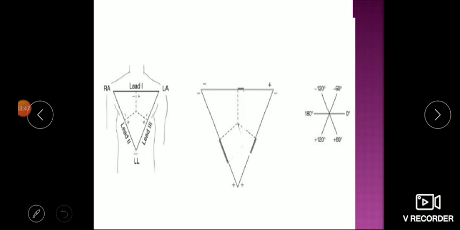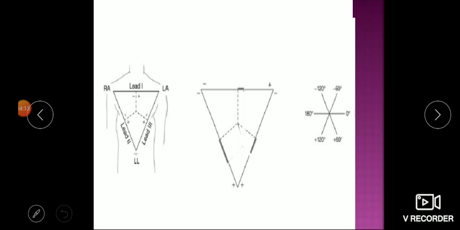Now how to find the axis of the heart, that is the cardiac vector. It is also called the vector or cardiac axis. Now for this we are using these bipolar leads, lead 1, lead 2, lead 3. We are using these 3 leads to find the cardiac vector. Cardiac vector basically means the direction of the electrical force of the heart. In what direction it is, whether it is in the right direction or deviation to the right or deviation to the left.